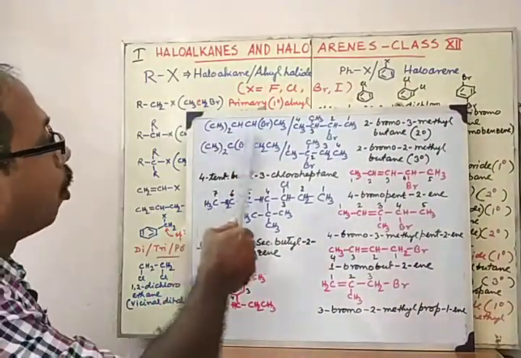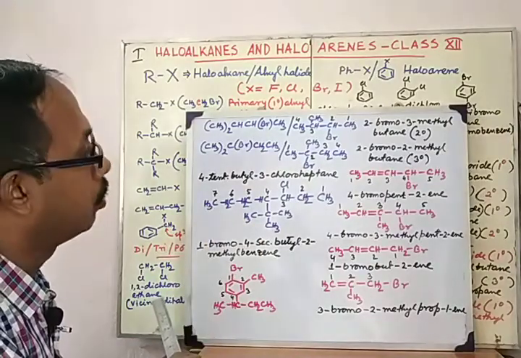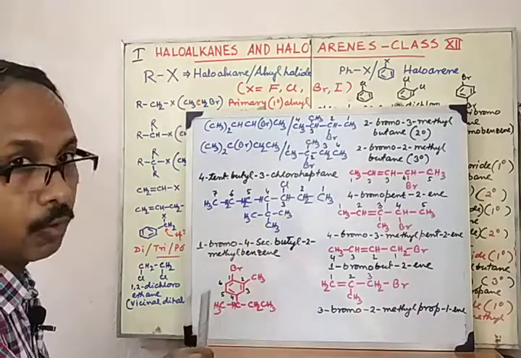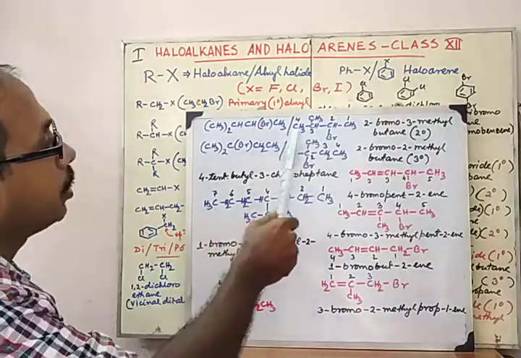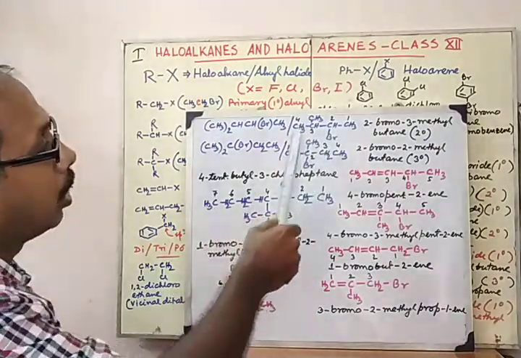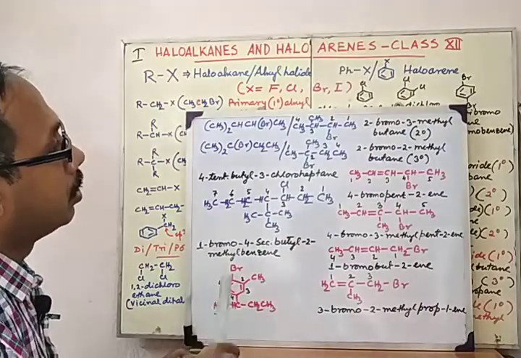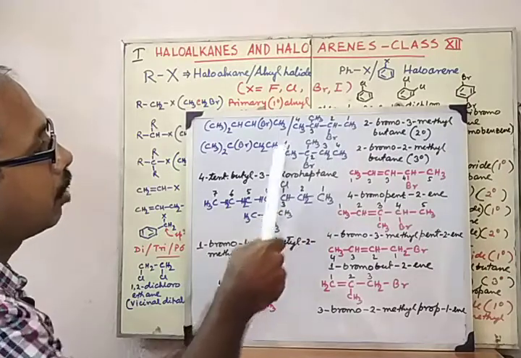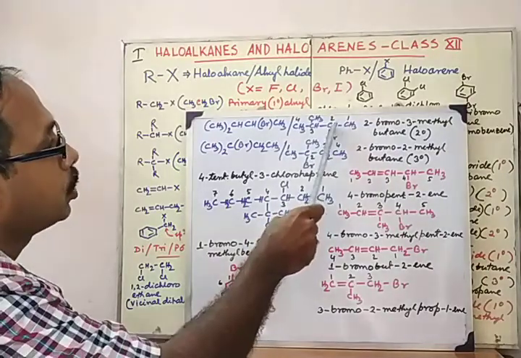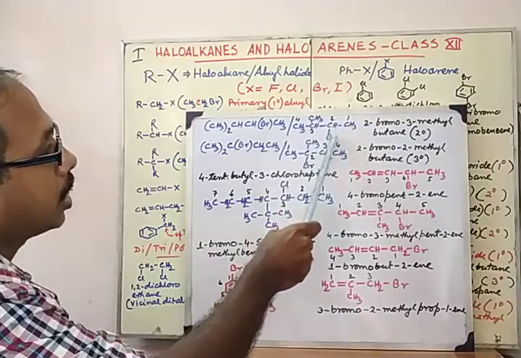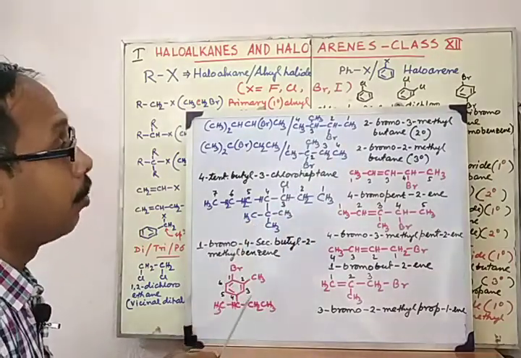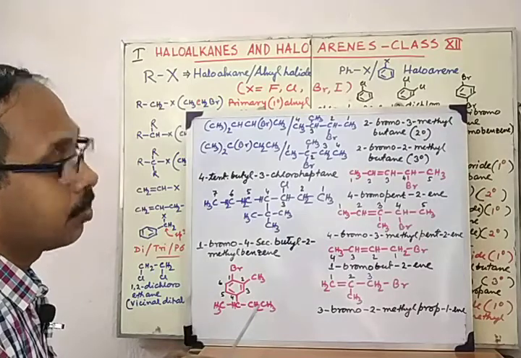Sometimes in condensed form, when the molecules are written, to name the compound we need to break it up into the structural form. So this is the condensed form, its structural form is this one. Now we can follow that. Here the substituents bromo and the methyl in the main carbon chain, they are coming at the 2 position. Here in this side it is coming at the 2, here in this side it is coming at the 2 position. But alphabetically Br comes first.